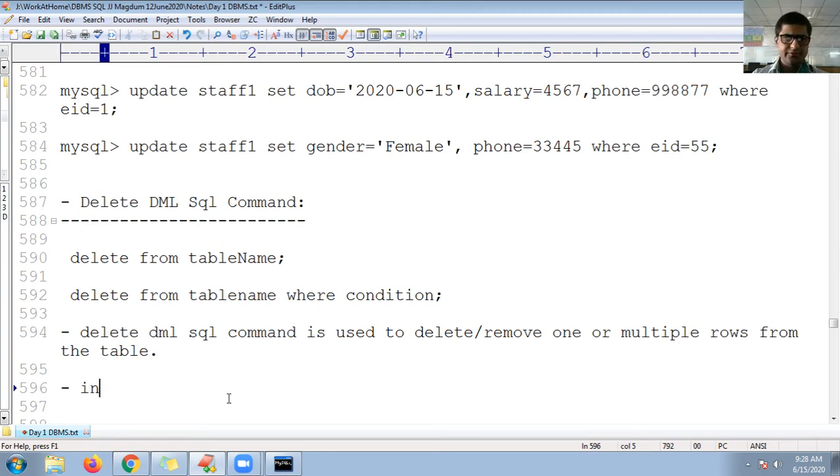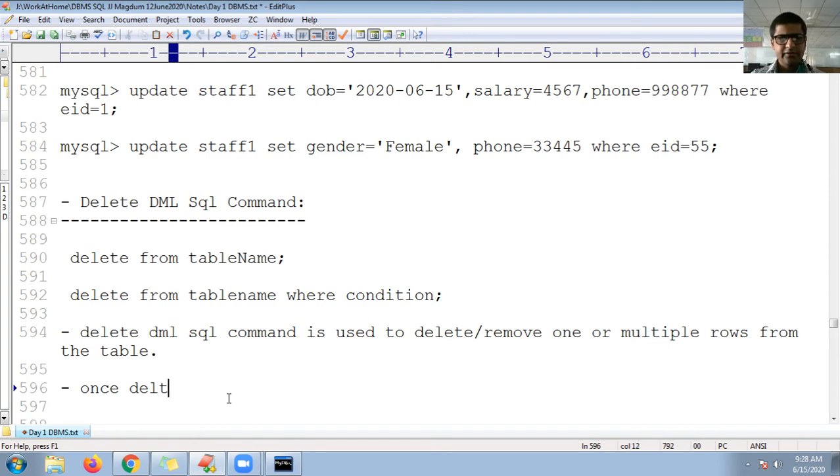Guys, so once we go with the rollback commands: once a specific row is deleted in MySQL, it cannot be recovered, because delete is auto commit.